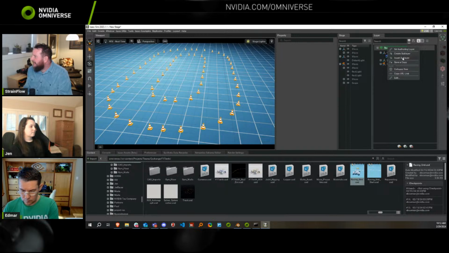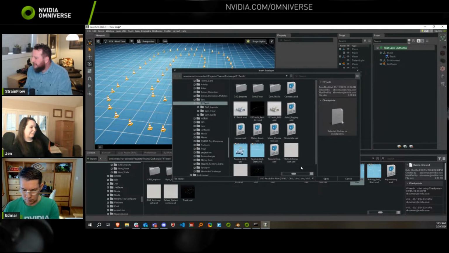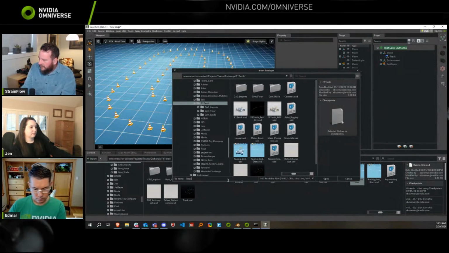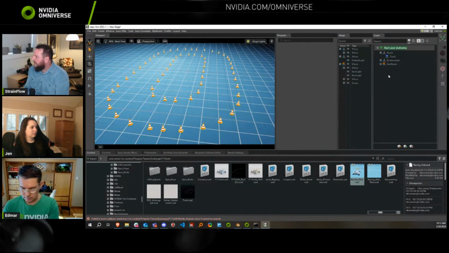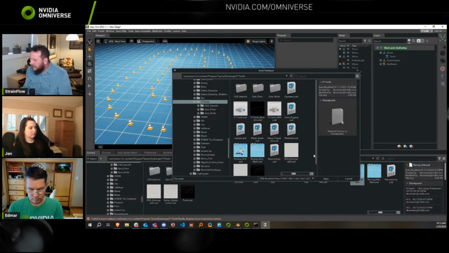add a new layer. And we're going to call it reality capture. What the heck? Insert sublayer. What just happened there?